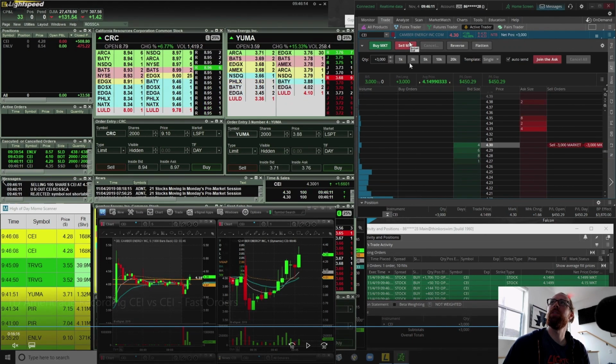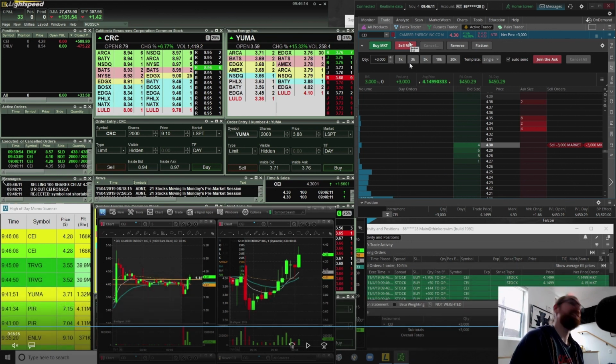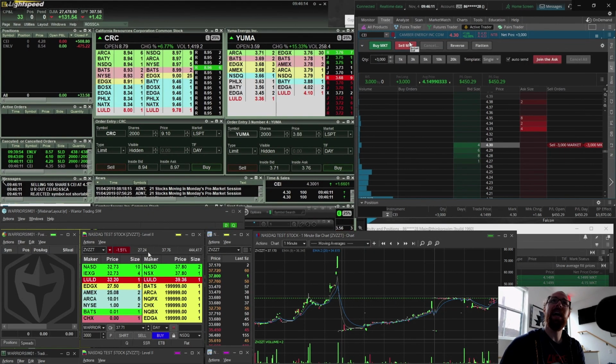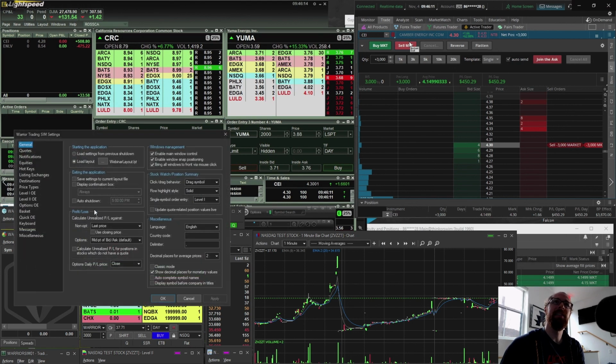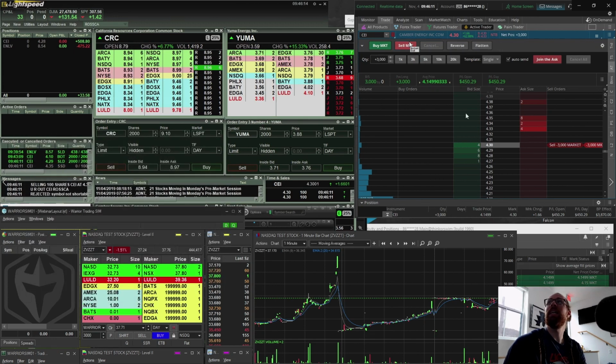Now, of course, the only way for me to get out quickly is just to press the sell market button. When I press the sell market button, I'm just going to hit the bid and get out. In my Lightspeed account, what I would do instead is go under hotkeys settings and try to get the best price by selling my whole position at the ask price. You can do that with TD Ameritrade too. You can click join the ask right here,